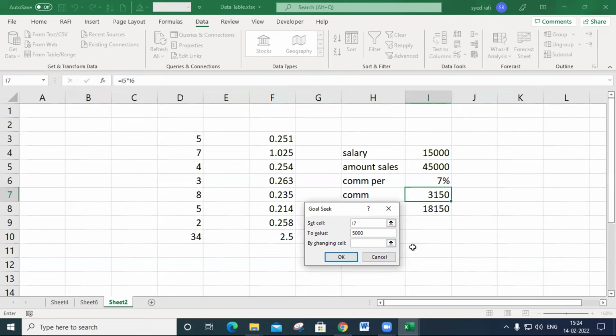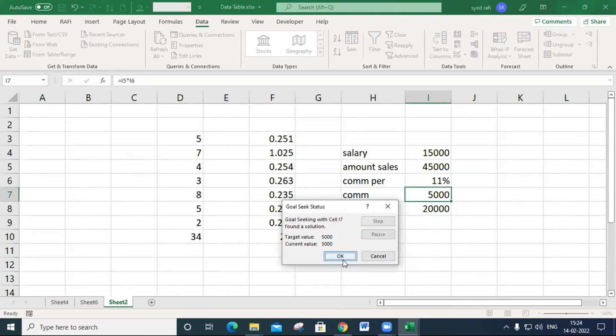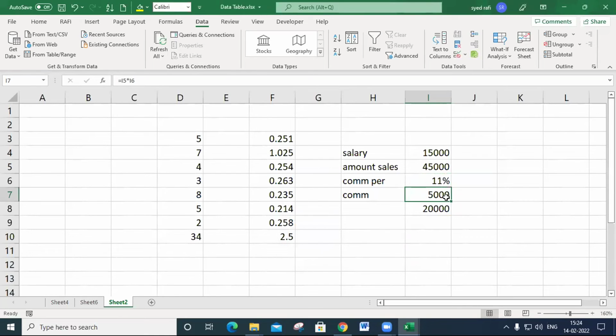By changing cell, you must select this percentage, not any cell, because only depending upon this percentage will it be calculated. Say okay, and okay. Now I get this percentage, 11%, and I get 5,000. So in this manner, we may use the goal seek.